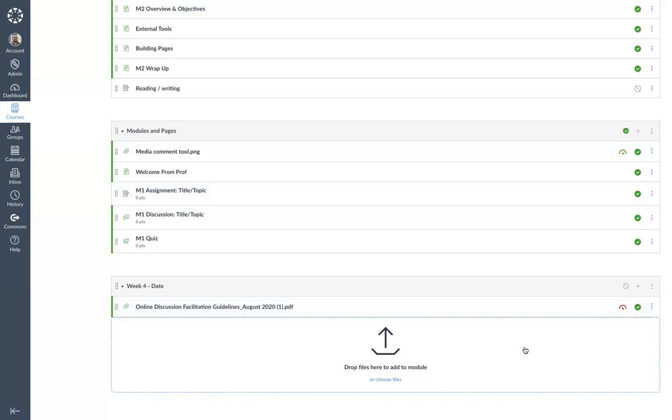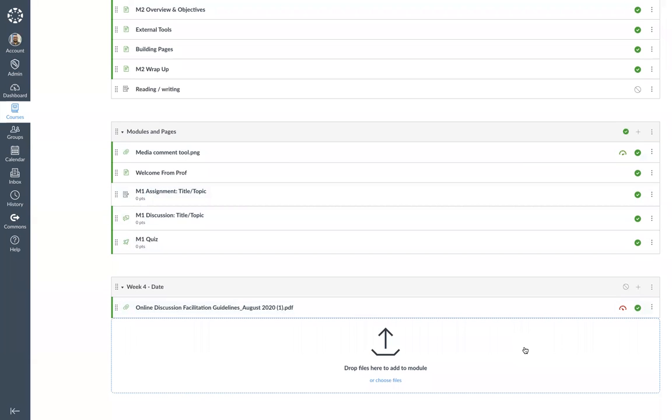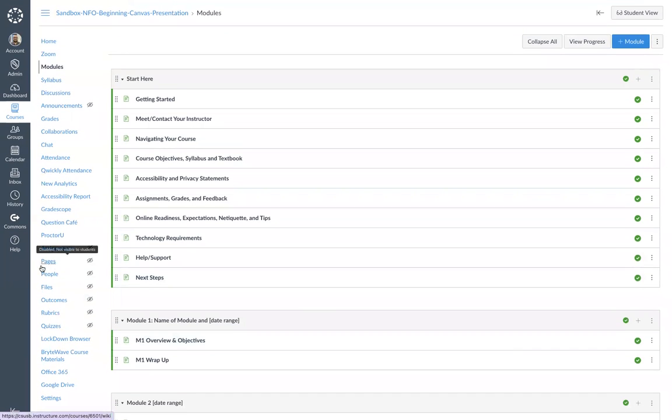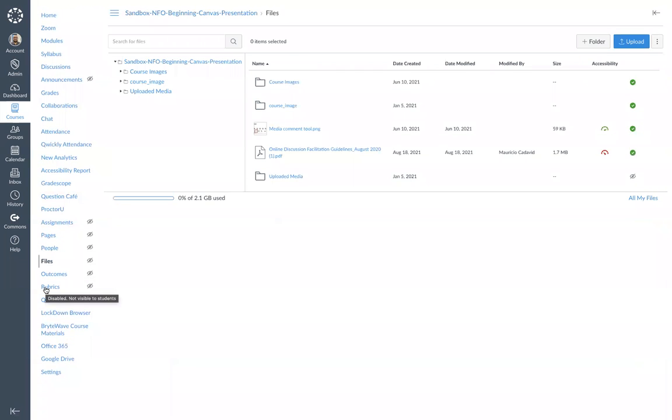So thus far, we've talked about how to add a module, because in the module is where you're going to put the content that students are going to have access to. You don't want to give students access to your files, right? You don't want this file section here to be available to students. That's why it shows that it's not visible to students, because imagine if a student clicks there or anywhere from the course, they will have access to everything that you have in your course, and it's going to look like this. So by default, this is not available, but this will be your repository for anything that is an item or a file.